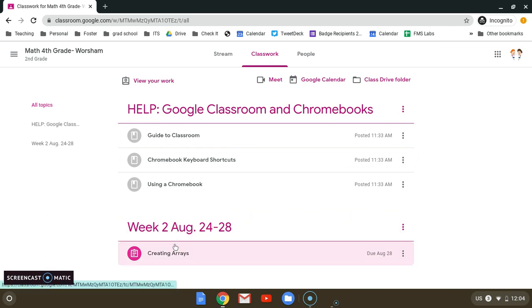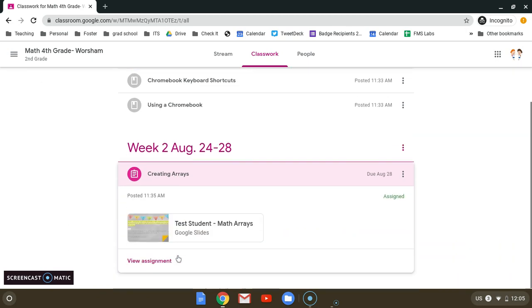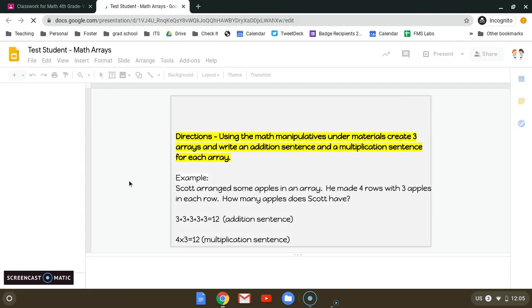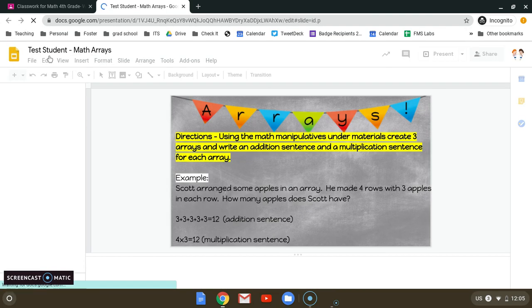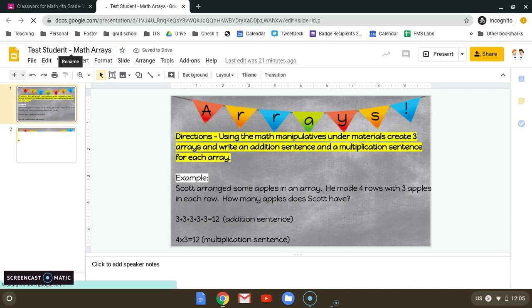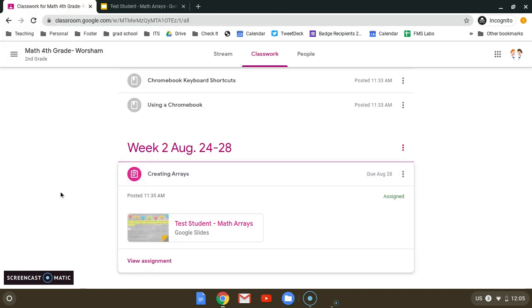And then you'll also see your weeks broken up into chunks. So under week 2, I see that I have an assignment. I'm going to go ahead and click on this assignment. And it's going to open a copy just for me. At the top, you'll see that it probably puts your name there. This one says test student because that's what this account is called, but it would have your first and last name as well. Okay, and so from here, I would complete this assignment, and then I can pop back over